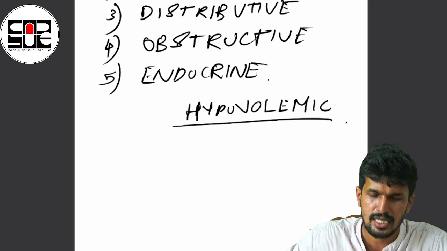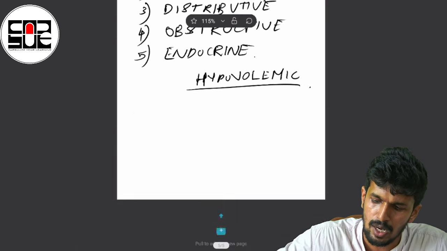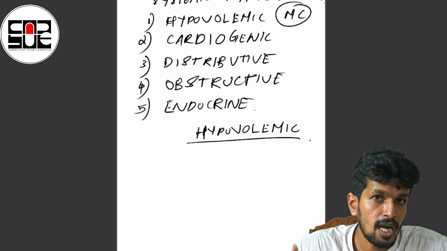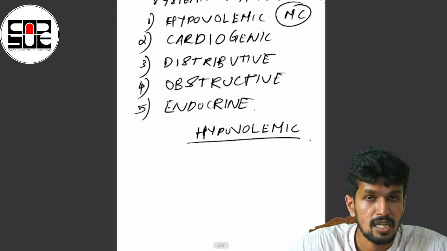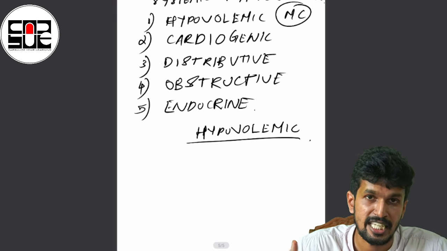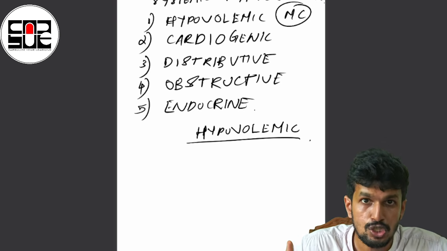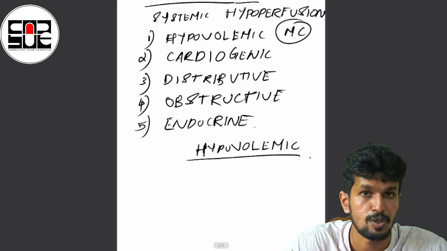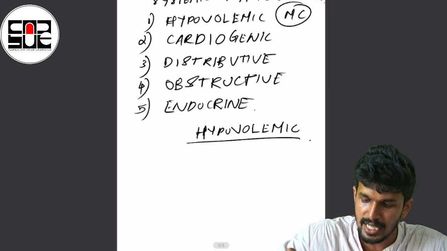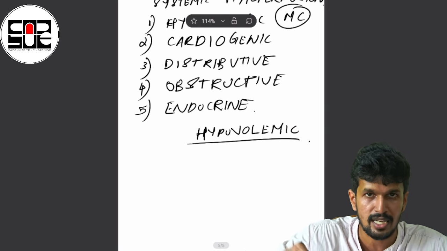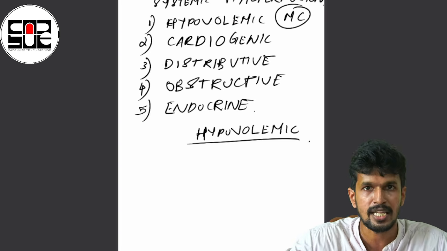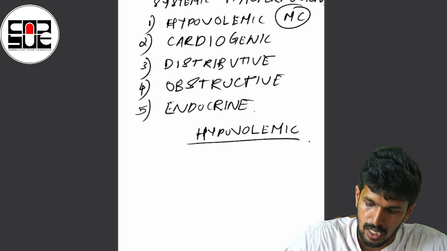Before discussing all these types of shock, I'd also like to mention that there is a chart in Bailey giving you 5 cardiovascular and metabolic characteristics of shock, which is used to differentiate 4 types of shocks, that is hypovolemic, cardiogenic, distributive and obstructive. These 4 headings need to be dealt. I'll write it down, and in the end, after discussing all these types of shock, we'll compare and correlate all these 4 types of shocks.